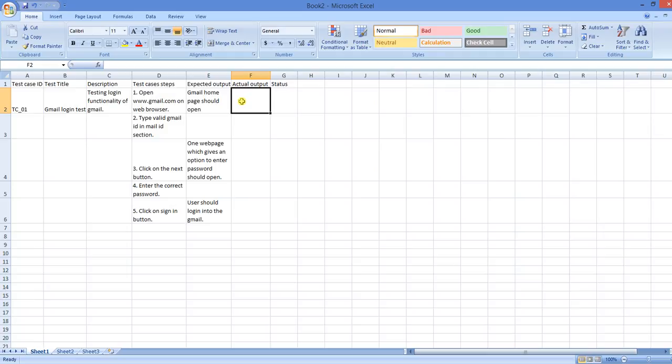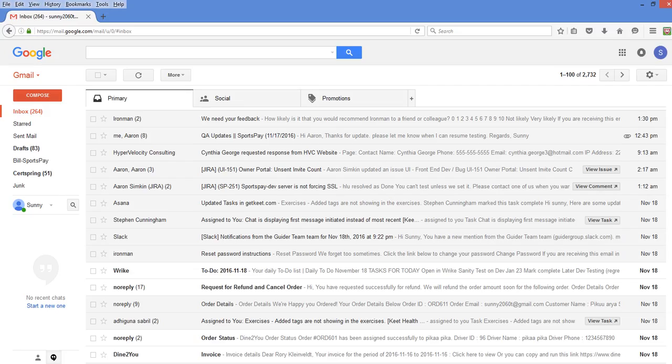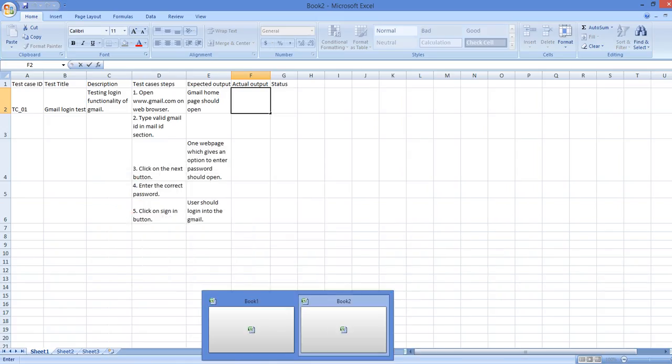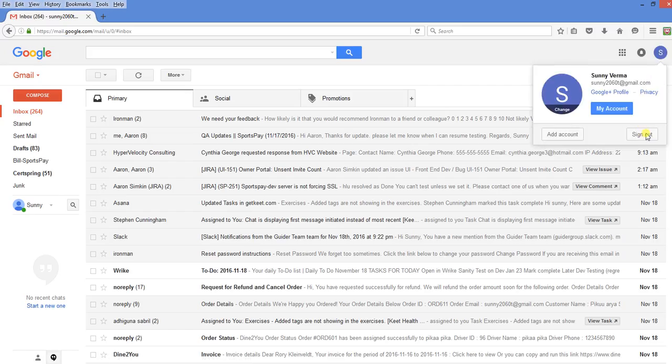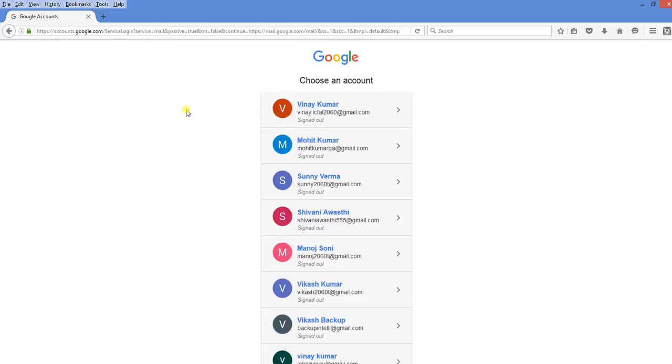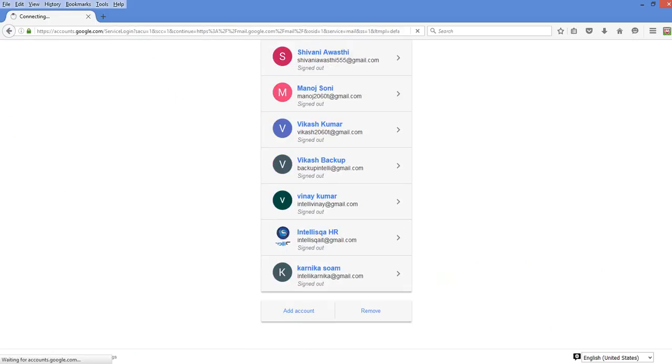So now we will put the actual output, which is put in by the tester who is testing the real scenarios. So the actual output is done by performing the steps. So what we have performed, that open the Gmail on web browser. So we have opened the Gmail on web browser. Then what we find